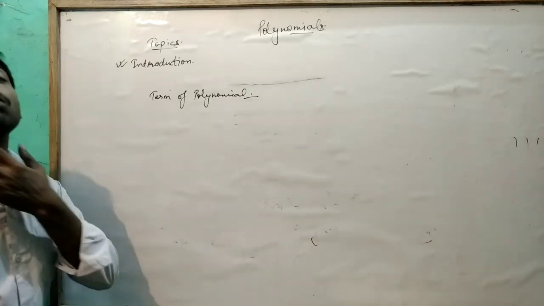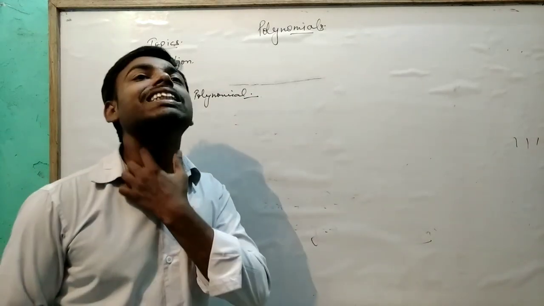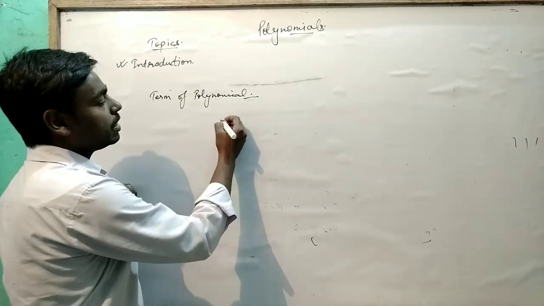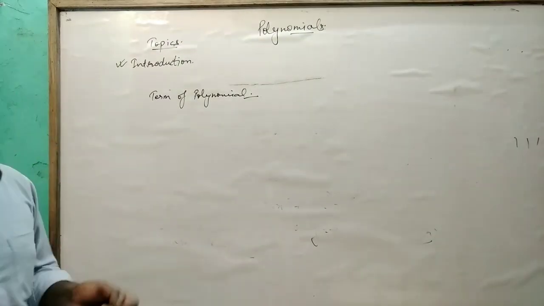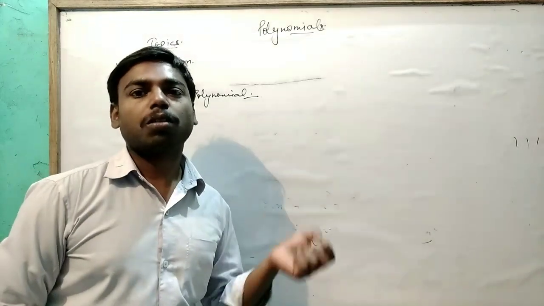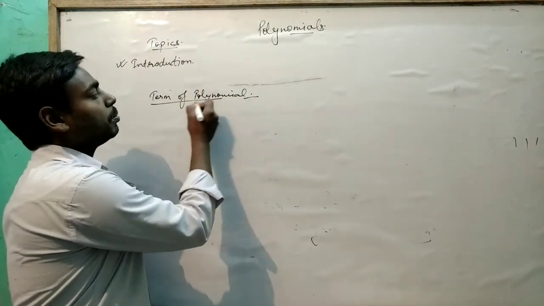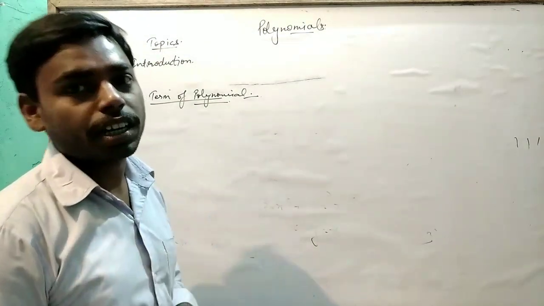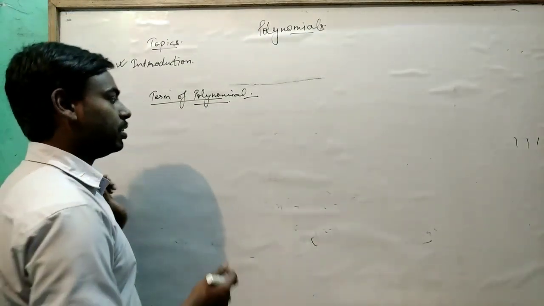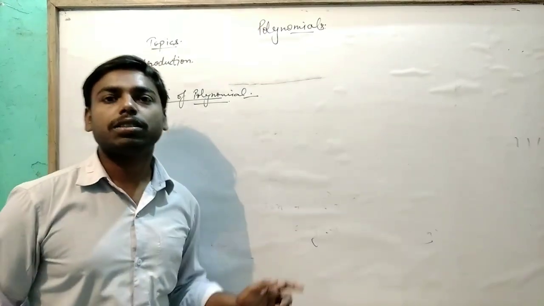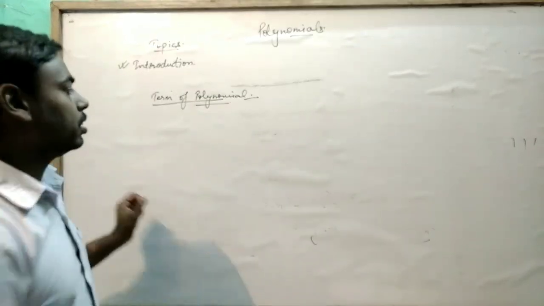Term of polynomial. What is a term of a polynomial? Each part of an algebraic expression is separated by a plus or minus sign. Terms of a polynomial are separated by a plus or minus sign, but not by multiplication or division. Example,